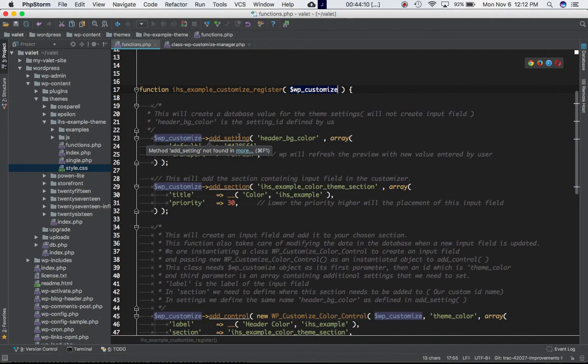So you're using the add setting method of the WP customize class. We are passing this header bg color, which is our own defined setting ID. We are passing the second parameter as an array. A default value we are keeping as this color default value, and we are using transport refresh. WordPress will refresh the preview with the new value entered by the user, so that's why we are keeping